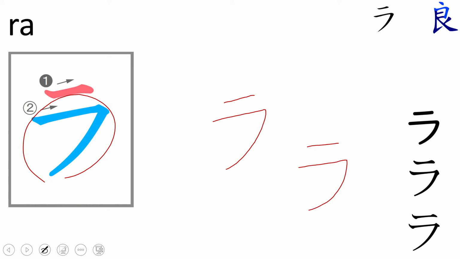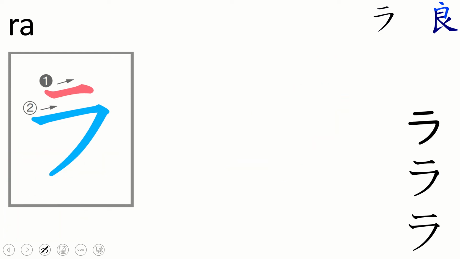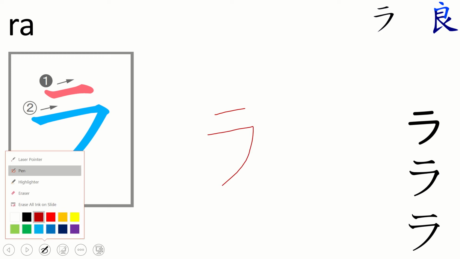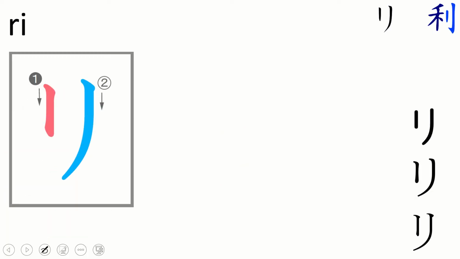Then the second one is the slightly longer of the two. 1、2と書いてラ。